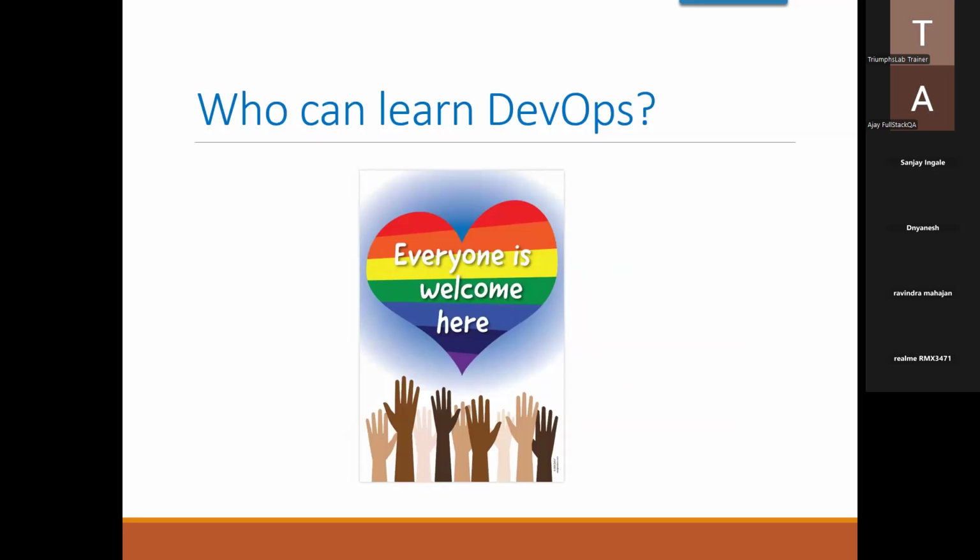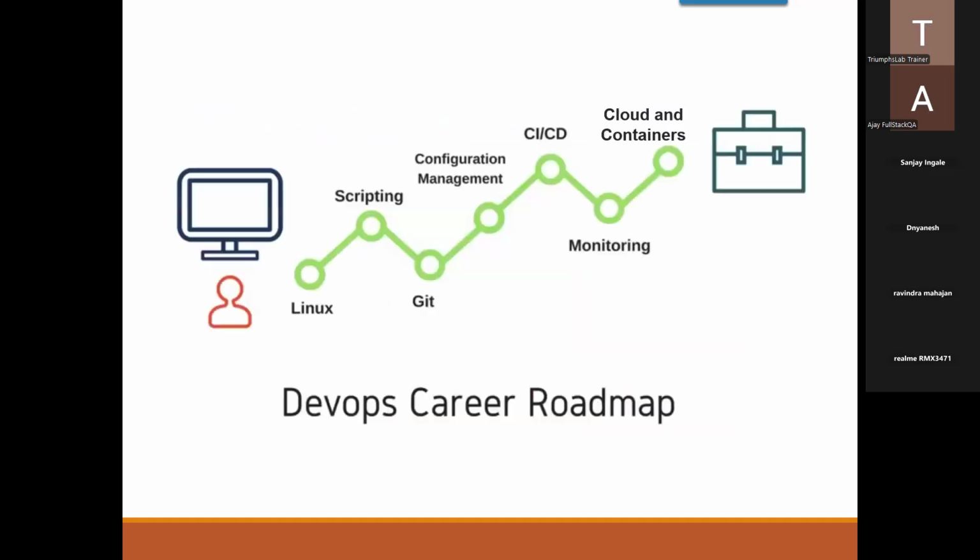So first of all, everyone is welcome to learn the DevOps practices, because here people think being a DevOps engineer, if I don't need to write code, then a DevOps career is best for me. But you have to learn the tools. There are very important tools, and you need to learn and master those tools. And we are going to see what those tools are. So how can anyone start their career journey as a DevOps engineer?